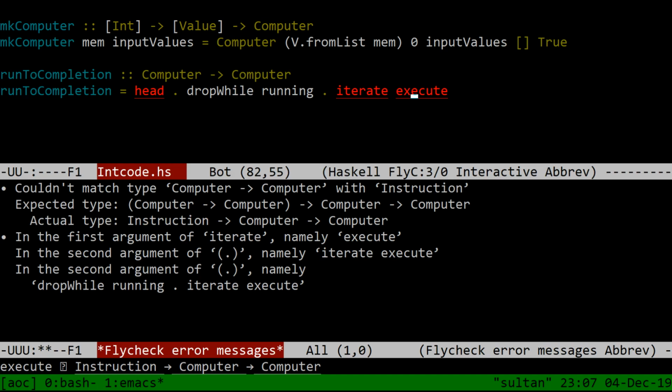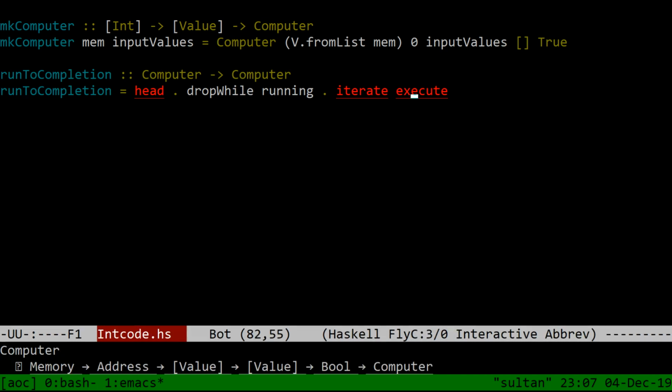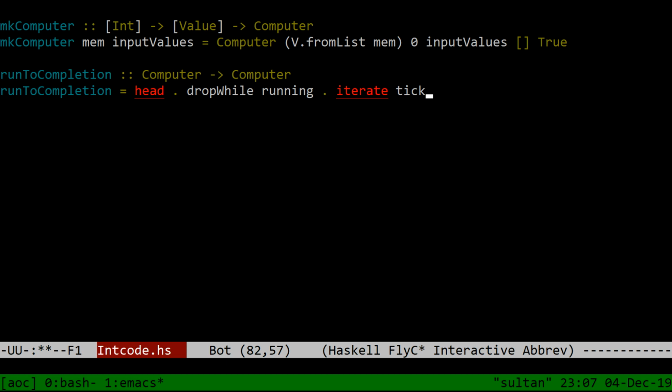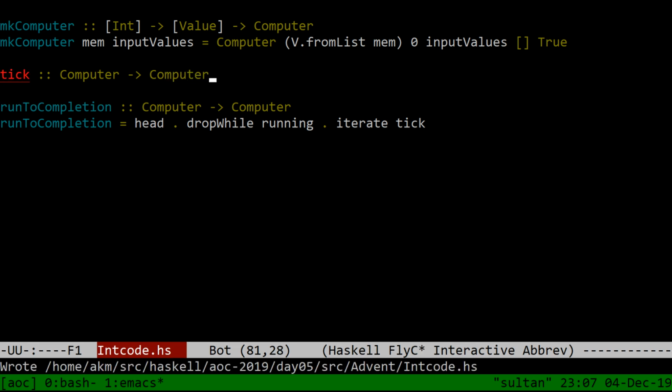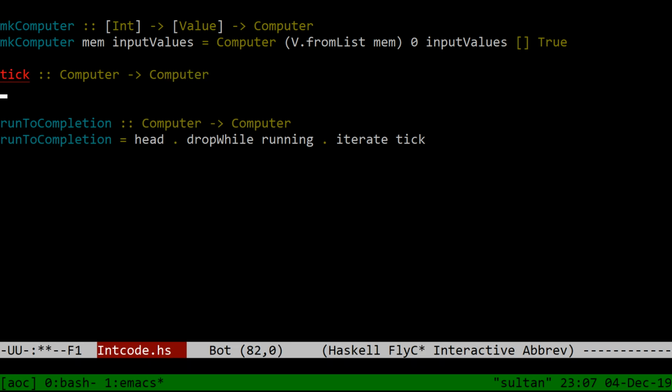Yes, execute doesn't just take a computer and do the next step. So we need actually a function called tick, I guess. Tick is a function from computer, which just decodes an instruction and then runs it. And now run to completion works. So tick C equals execute